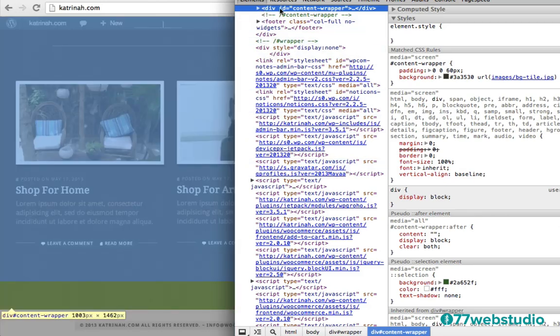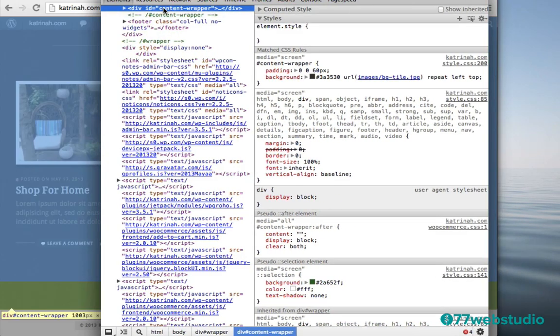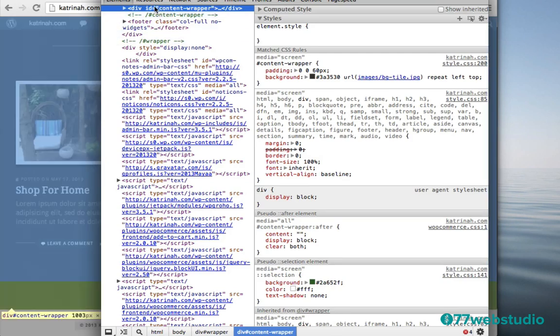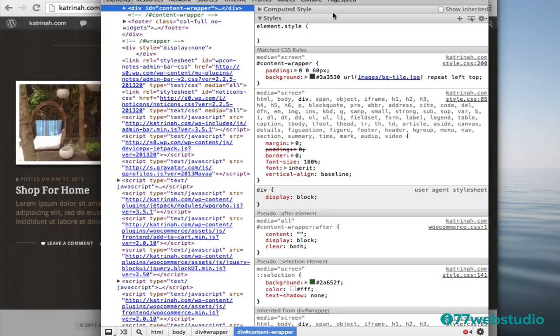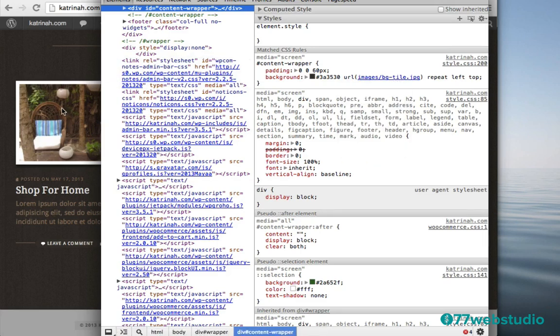So we see right here it's this content wrapper, and on the right hand side, I'm going to bring this over. When I hover over this you can see that the content wrapper is being selected, and when I click on it right here where it says content wrapper, you'll see on the right hand side it says content wrapper background, and there's a number with a color code, and then there's a URL with this particular file name with the background title. So this is the actual brown wood tile that is showing up on the background right here. So that is exactly what I want for this footer.